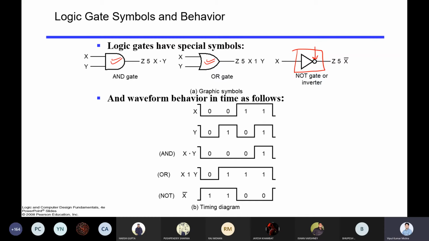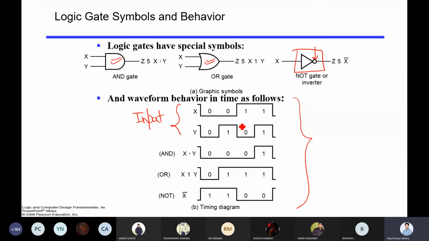If you remember the lab, what EP waveform? If you say EP waveform, this is nothing but similar to this. So here we have input. Let's say we have two inputs that you can see in the EP waveform as well, where X and Y are the inputs, and based on that you will get some output.